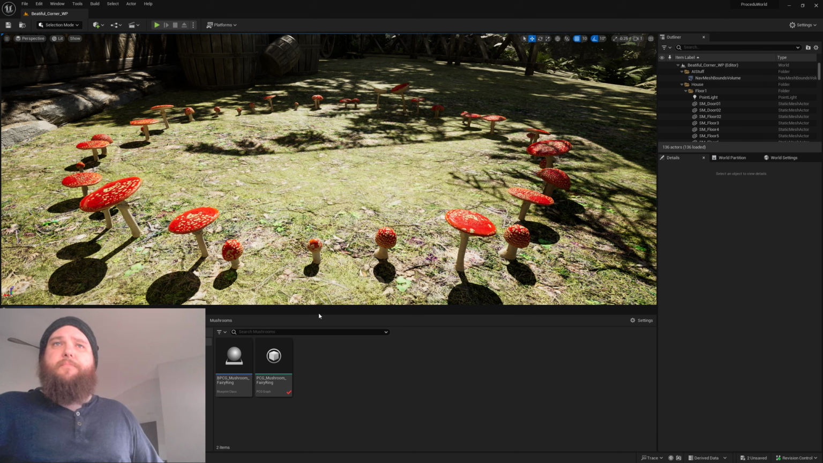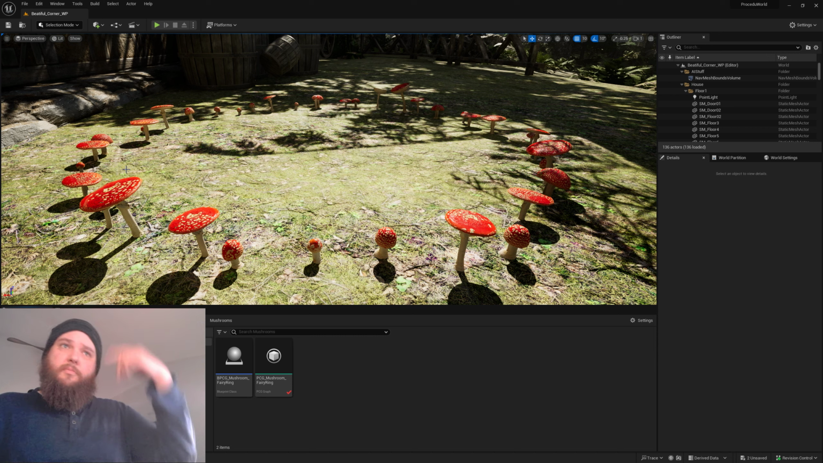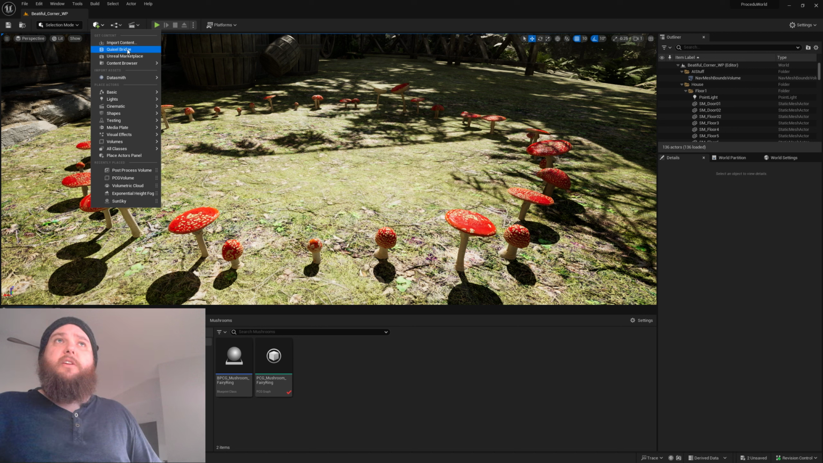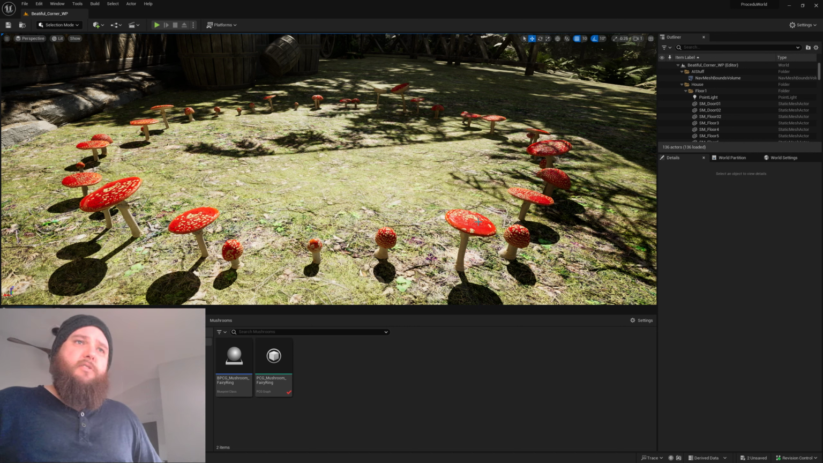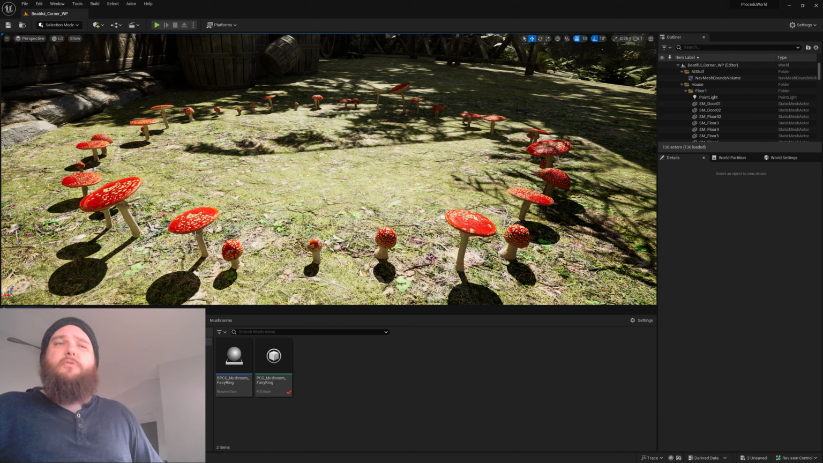I've already got one. I downloaded these mushrooms from Quixel Bridge Megascan. If you don't know where that is, click here, go to Quixel Bridge, go in there, type in mushroom. This one's called red spotted, I think, but the actual name is Amanita muscaria. I've done a little bit of mycology research, so I've renamed my assets to the actual mushroom type. But